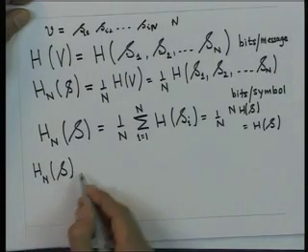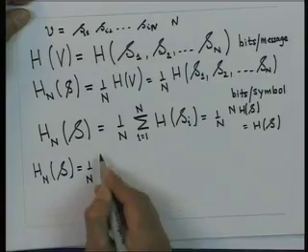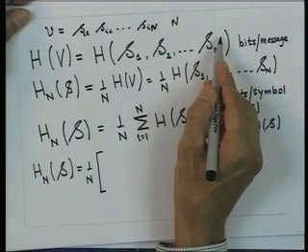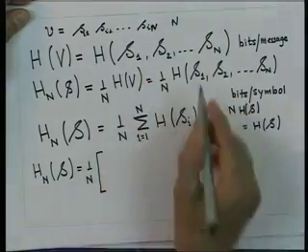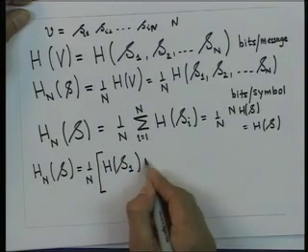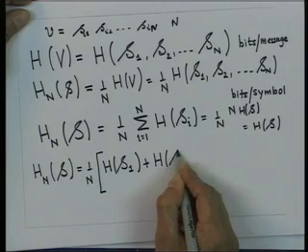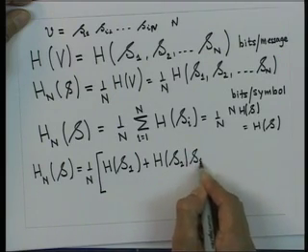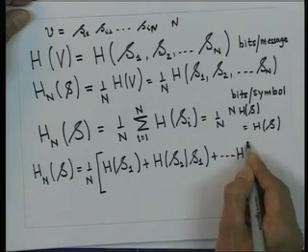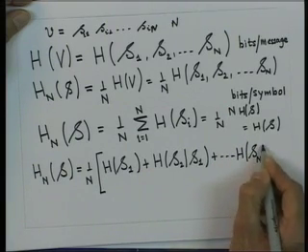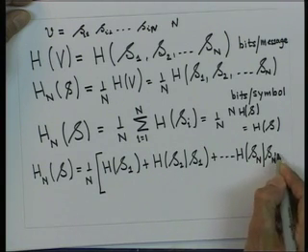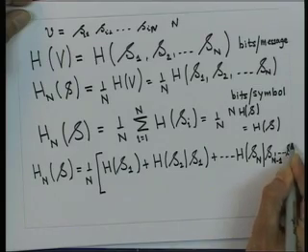I can say that H_N(S) is equal to 1 by N, and this joint information in N symbols can be written as H of S1 plus H of S2 given S1 plus H of SN given SN minus 1 up to S1,